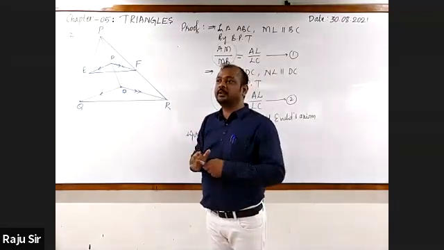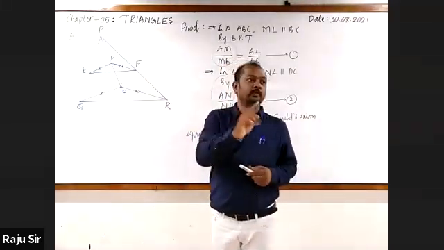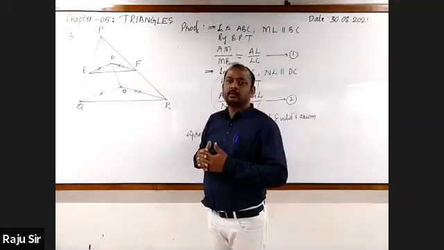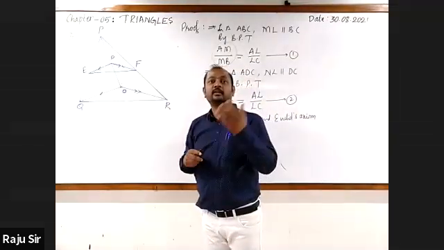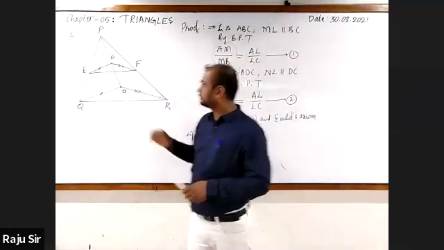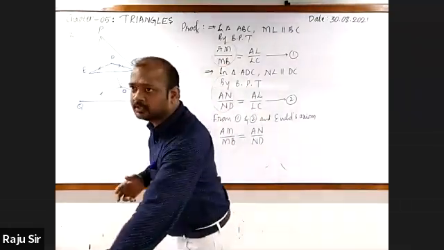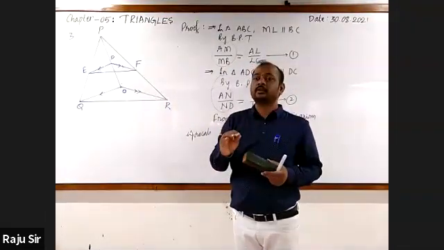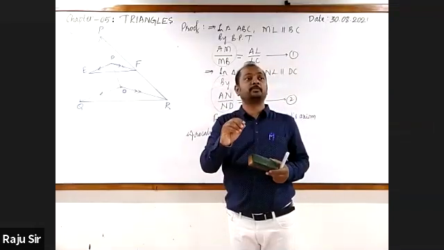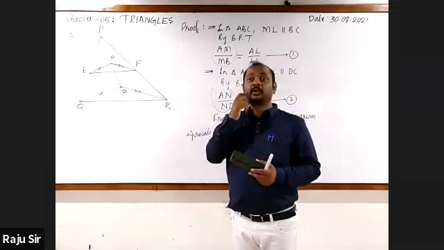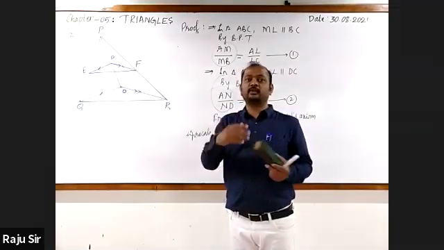Repeatedly, I've been telling that you should be able to frame the question yourself just by observing the geometrical figure. It will be easy for guessing the type of question which appears in the examination. As the exam approach happens, you will know. Out of 80 marks, nearly 54 to 60 marks can be guessed by yourself only. Definitely. What about the remaining 20%, 20 marks?